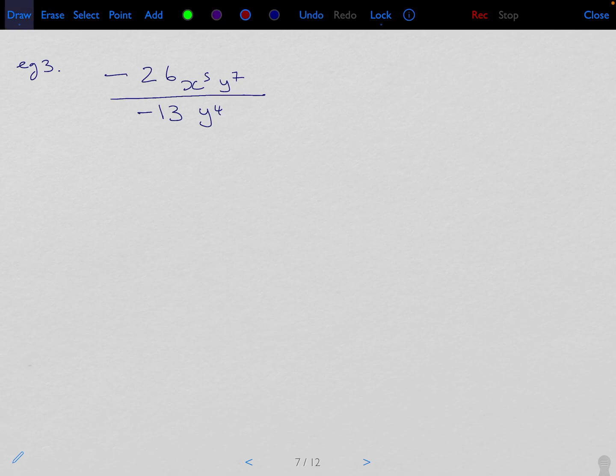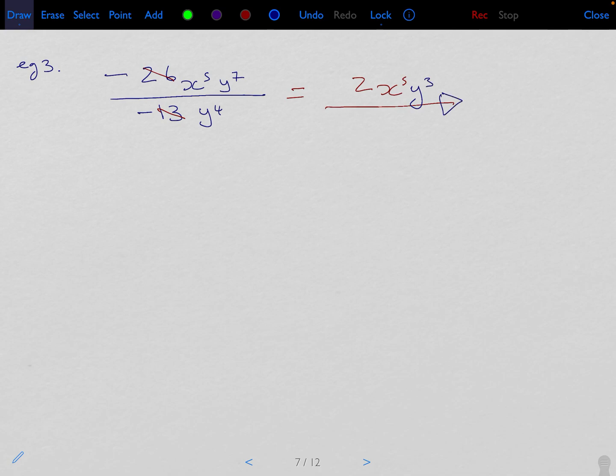Next example, same thing. Deal with the signs first. A negative divided by a negative is a positive. 13 goes into 26 twice, so this time the 2's at the top. The y to the 4 will stay put. The x to the 5 will stay put. Oh, sorry. And then the y's actually cancel out. So I've got 7 at the top, 4 at the bottom. That means I've got 3 left at the top